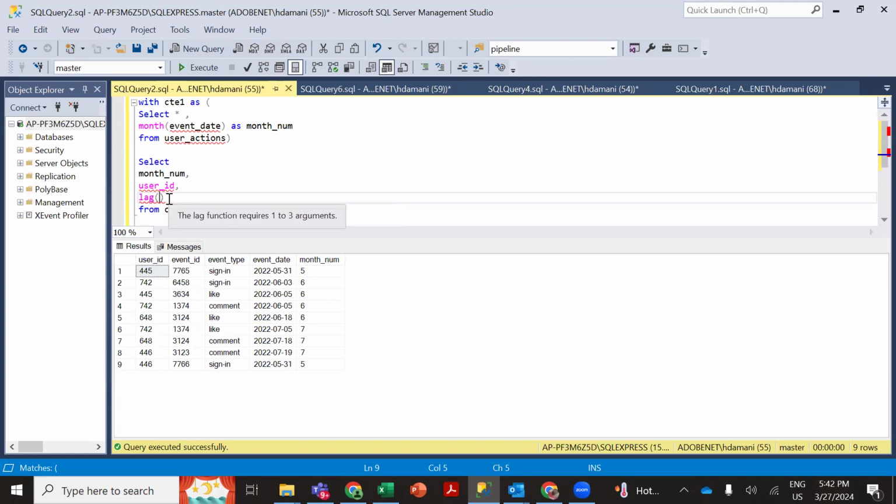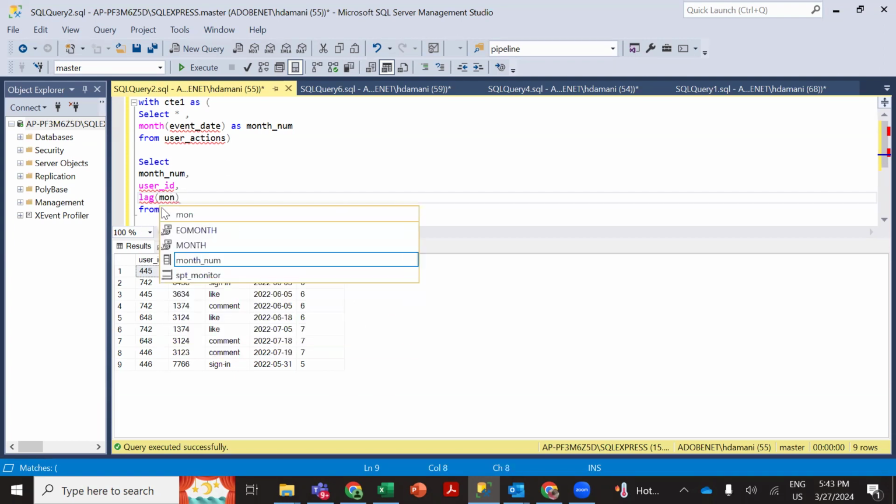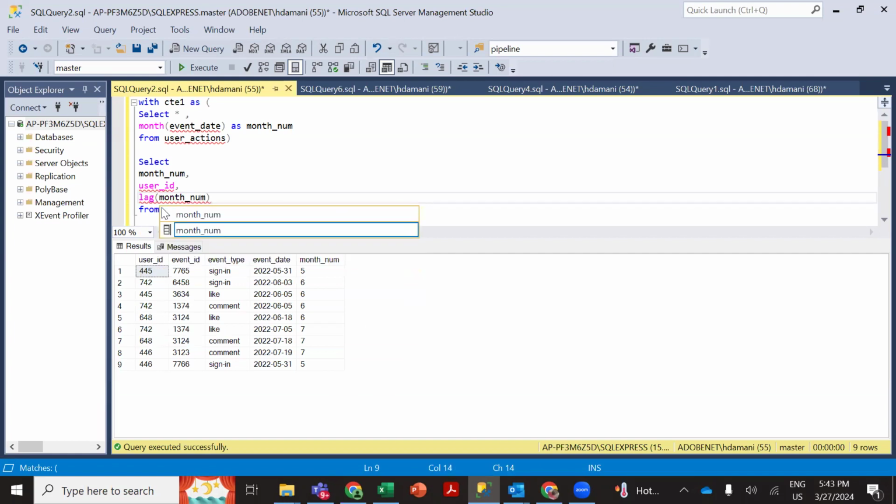Similarly, we have LEAD as well, which is also a window function in SQL Server. What LEAD will do is fetch the next month, or next record, for you. So yeah, now what we have to do is LAG of what? We need the month number, because we have to do a comparison of month number. So we do LAG of month num, OVER